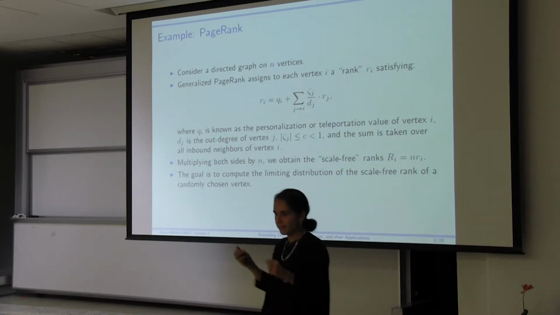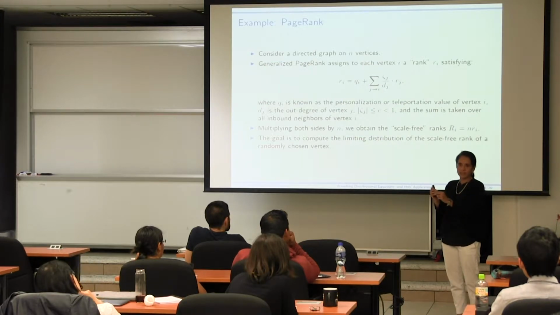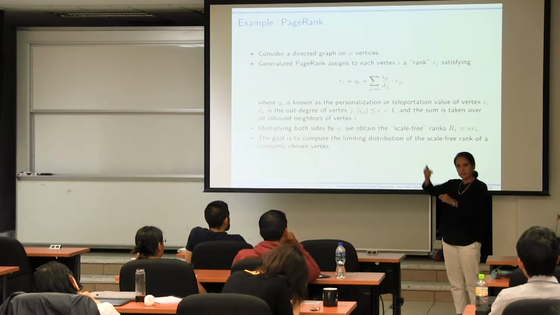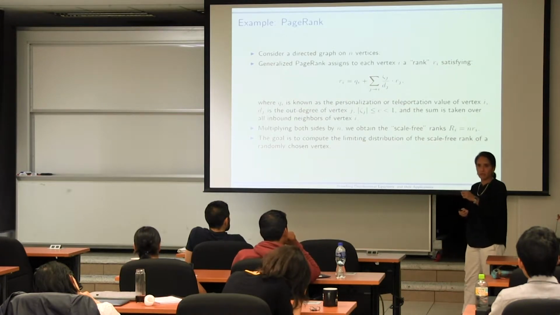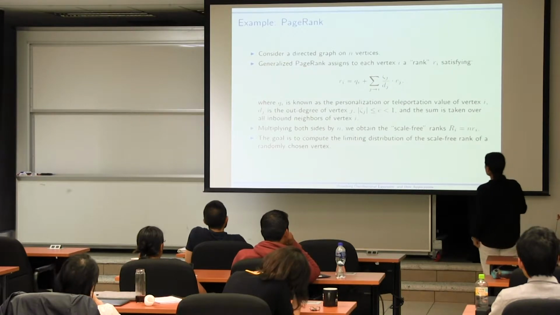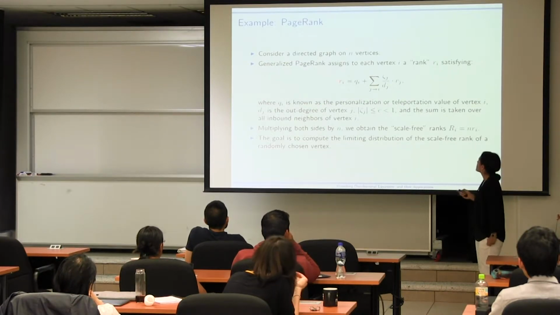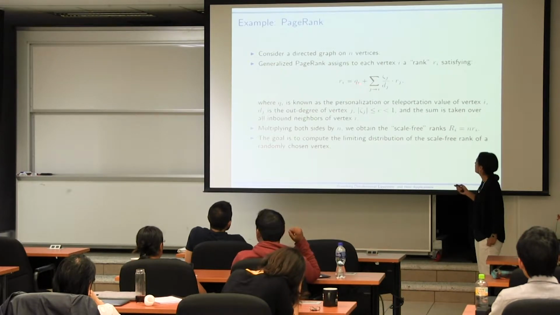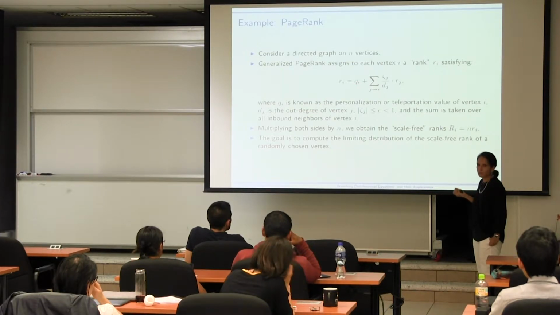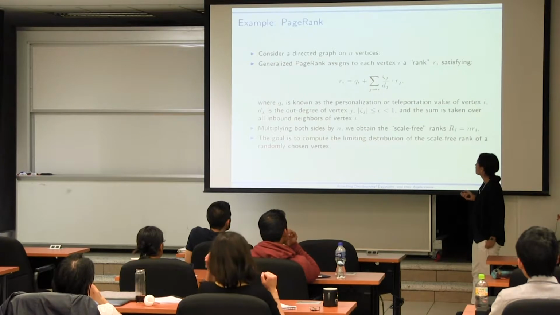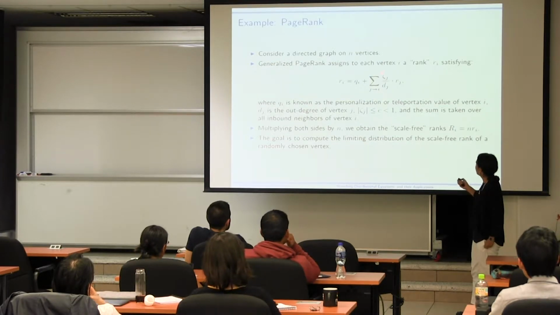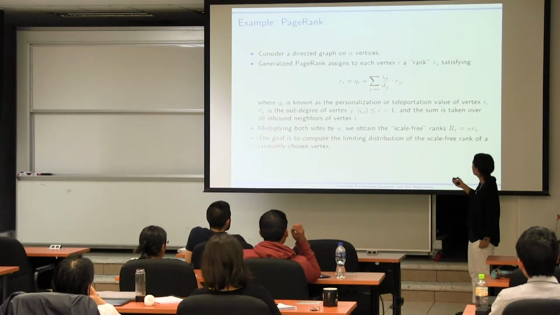Every website has a hidden place where you can actually see what your PageRank is, so that when a web browser comes in, it uses that number to determine in which order the page comes up in case that web page is selected within a keyword search. Okay? Now, if I think about the original PageRank, I make this q_i equal to 1 over n, as I said, a probability vector. It's not that hard to see that these are just going to be a constant. That's the original PageRank formulation.